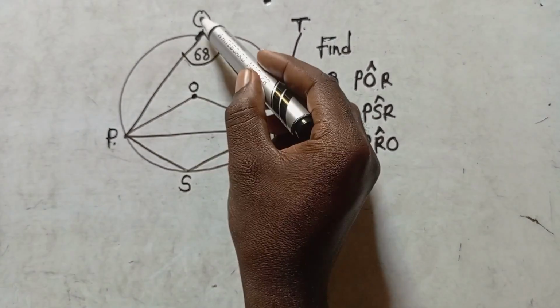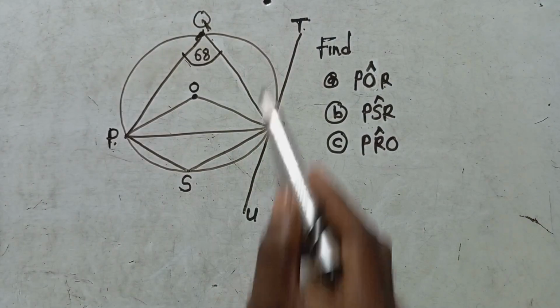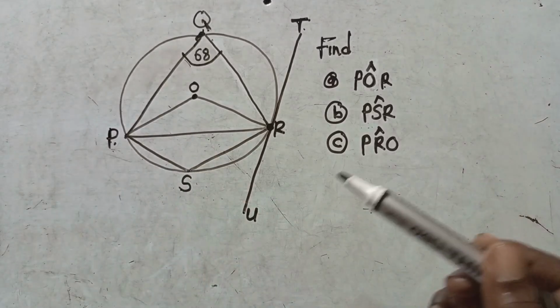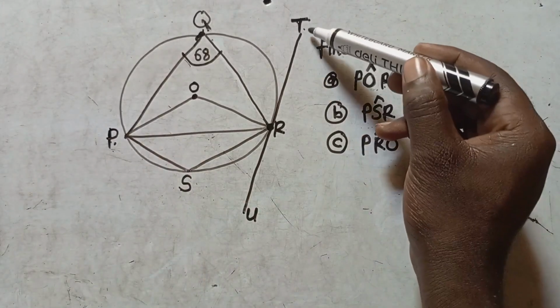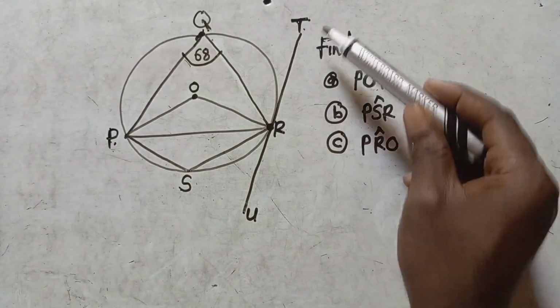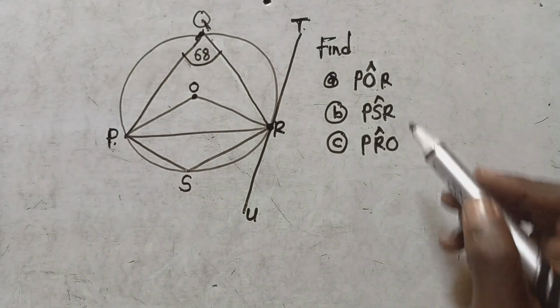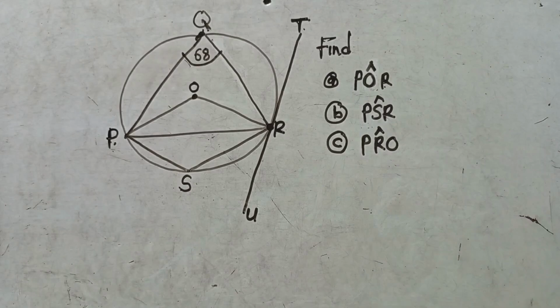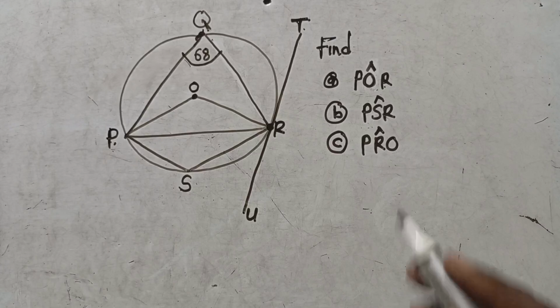P, Q, R, S are points on the circle with center O. And you need to understand that T, R, U is a tangent at R. You know what a tangent is. The first question we are told to say, find POR. We want to find POR. How can we find POR? For us to be able to find POR, we